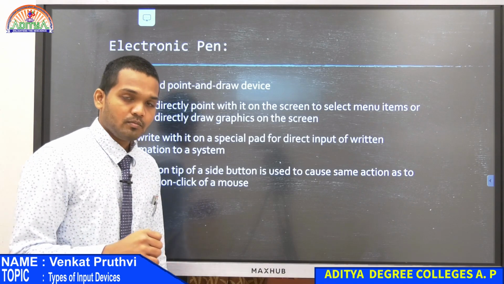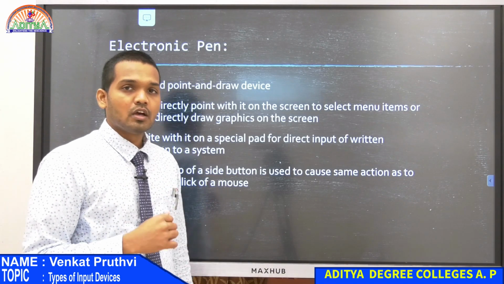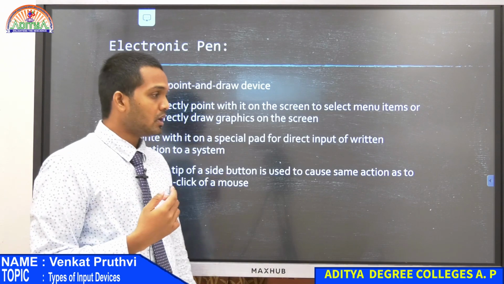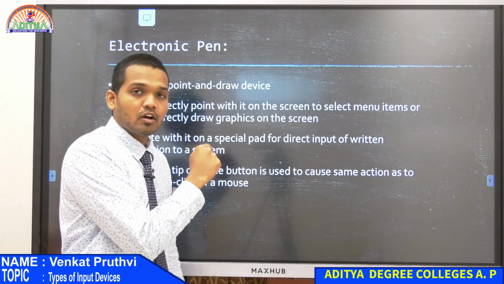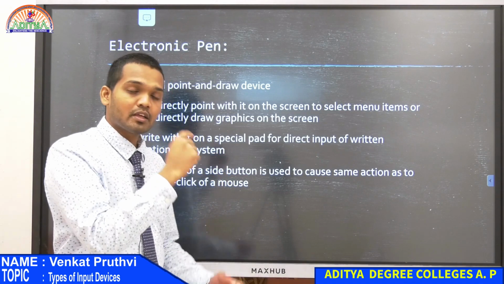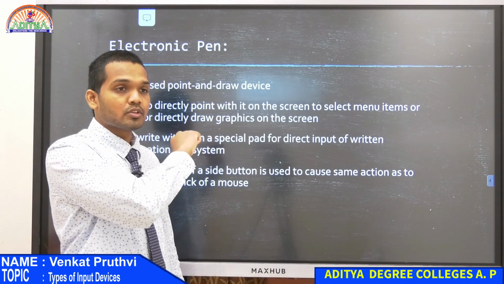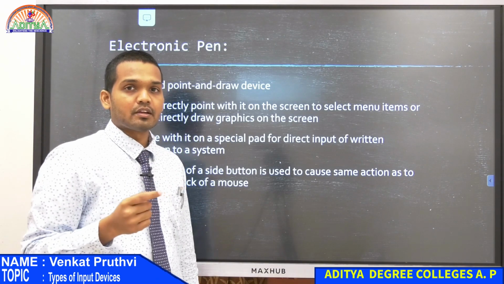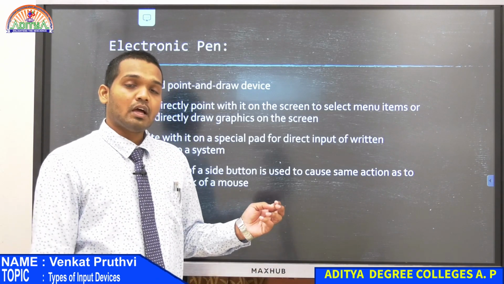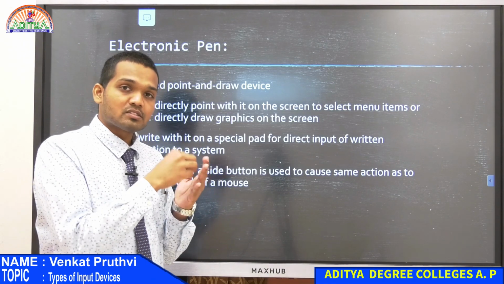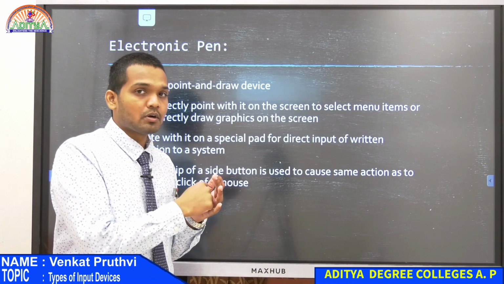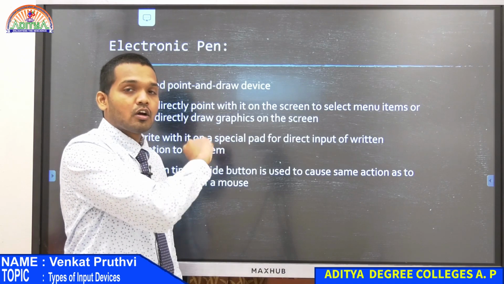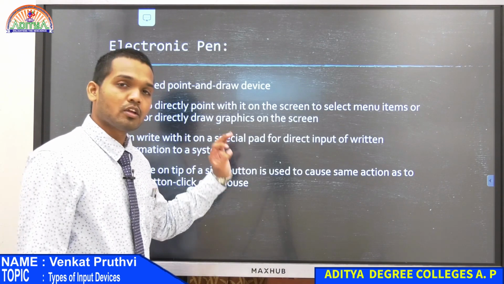Now when we were talking about mouses, how did that mouse help us to draw freehand curves or lines or shapes? We were clicking a button on the mouse and holding that button and then moving, so that we get some line or a shape that is created. How is that getting created? There is some pressure applied when we click and hold the button on the mouse, and that pressure is helping us to draw some shapes on the screen or your interface.